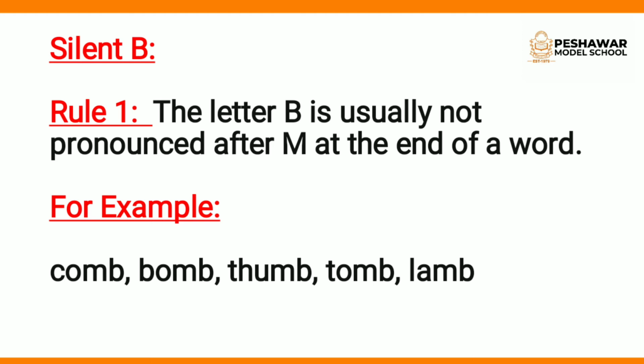That was rule number 1 for the silent B, and you have to keep this in your mind. You can take out your rough notebook or loose sheets and try to write 5 more words. 5 words are given to you in this lesson, and try to write 5 or 10 more words with silent letter B in order to practice this rule. And what is the rule? The rule is that whenever there is M, and after M there is B in a word, you will make that B silent.